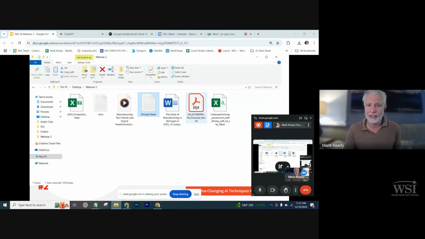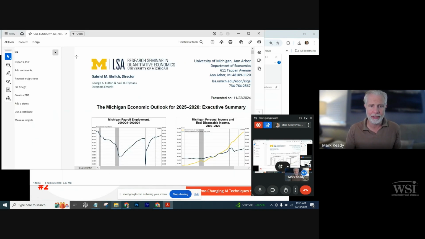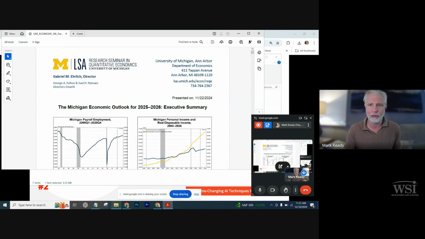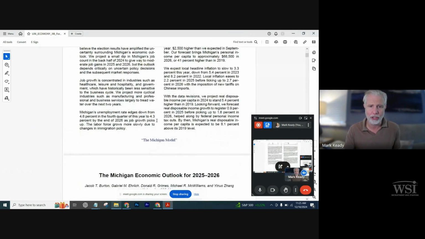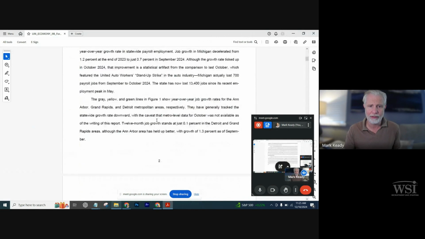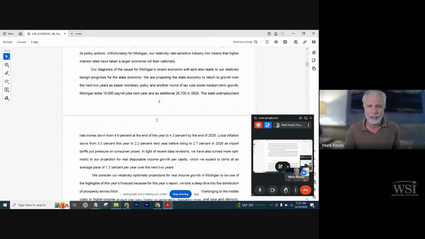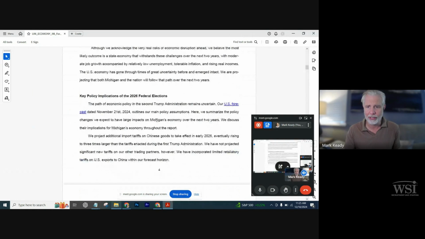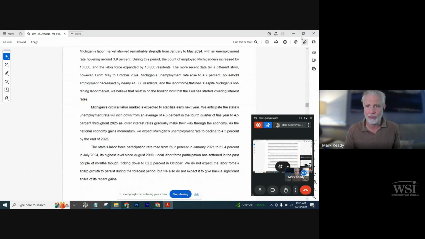So let's take this wonderful document right here. Let's take a look at this document. And what you're seeing here, my friends, is the Michigan Economic Outlook for 2025. Scintillating read, full of charts and stories and the great things that are happening in the state of Michigan from an economy standpoint. Charts that say maybe not so great. I don't know. There's a lot here. And maybe we have to get all this information kind of parsed down to a simple idea.